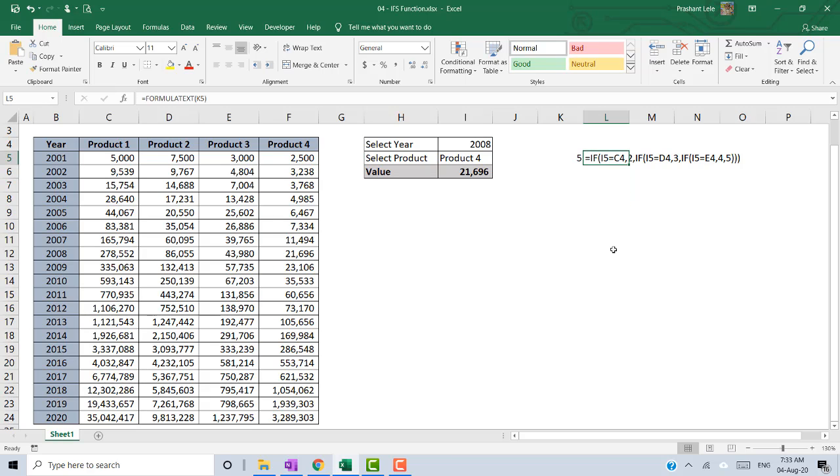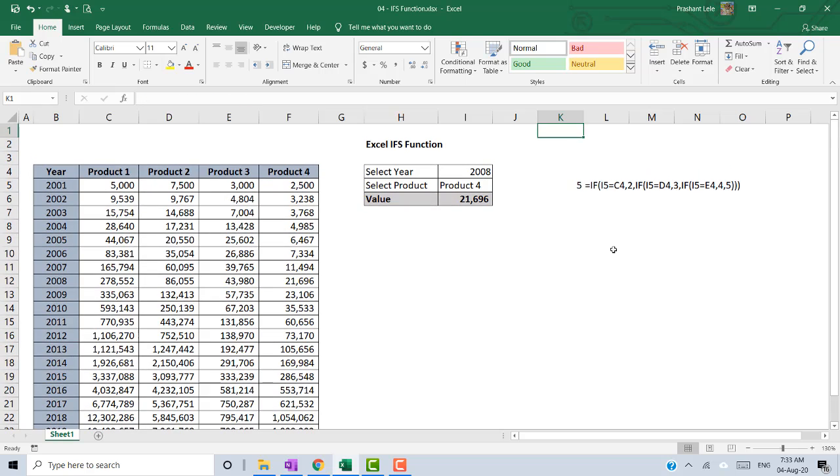Now to show you how the IFS function works, I need to go to Office 365, but on my computer the Office 2016 version is installed. So to use the IFS function, I need to go to the online Office where I have an Office 365 subscription.